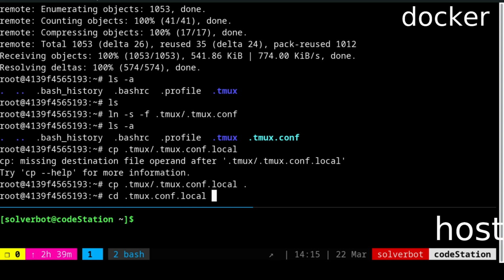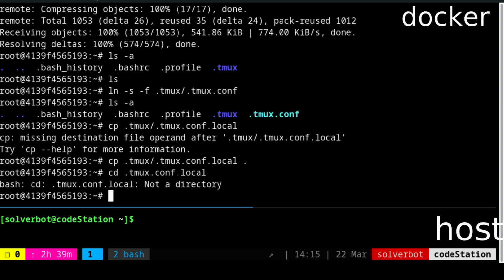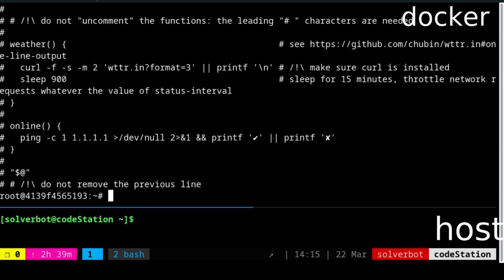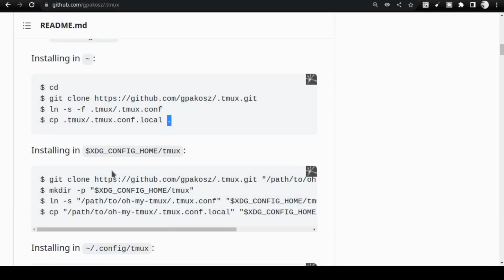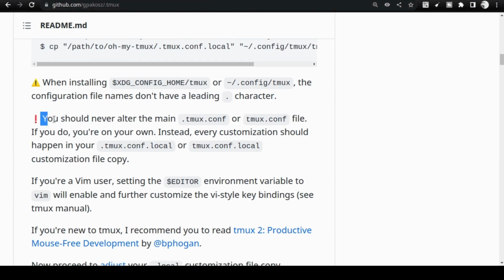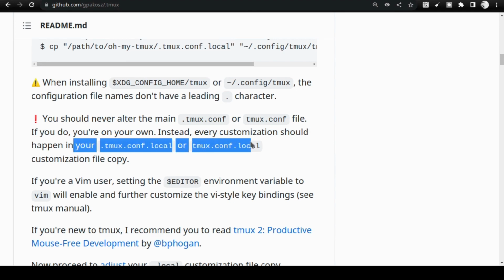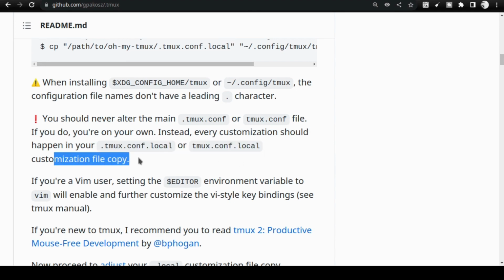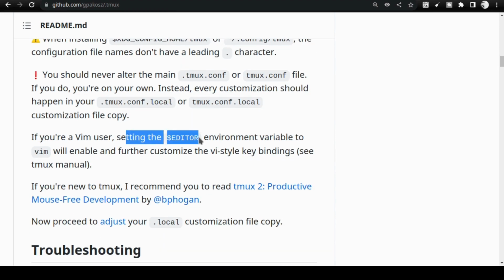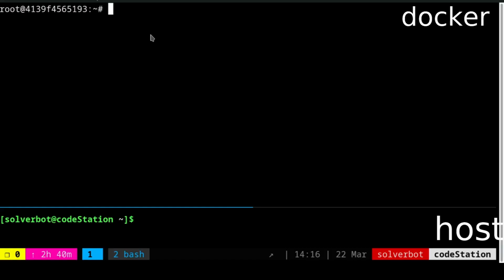The most important point is that this is the configuration file that I need to edit. I cannot edit any other configuration, only this file. But for this, I will need Vim. So now the actual action starts. We have to start installing Vim. He also clearly says that do not touch any other configuration file. He is saying every customization should happen in .tmux.conf.local only. He has actually set the internal configuration in his file system in the repo so that it will